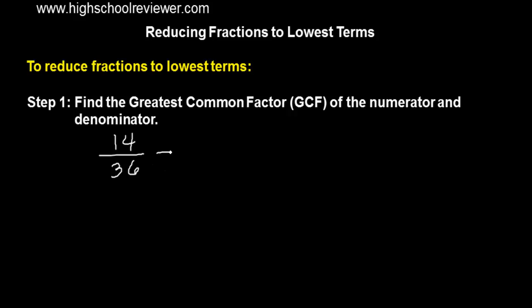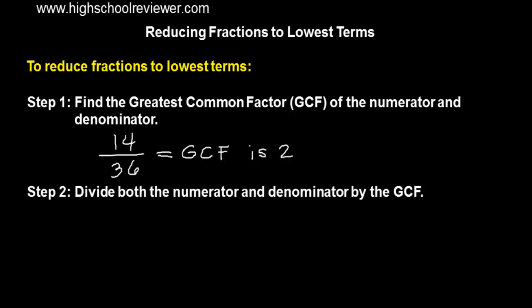So based on step 1, we first have to find the greatest common factor, or the GCF. The GCF of both the numerator and the denominator is 2. After we find the GCF, our step 2 now is divide both the numerator and the denominator by the